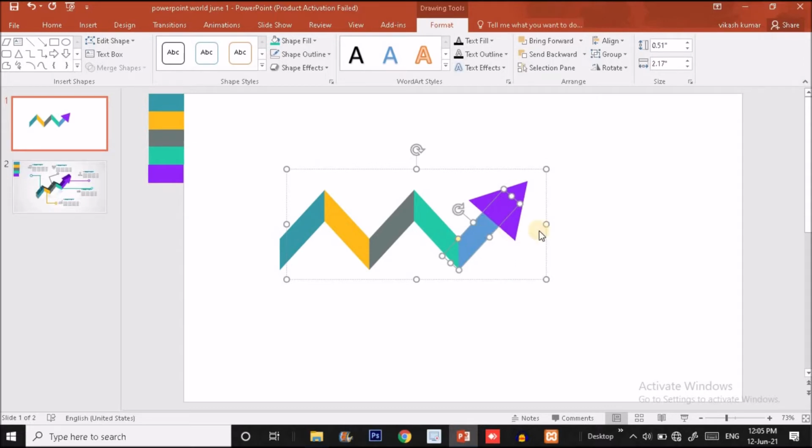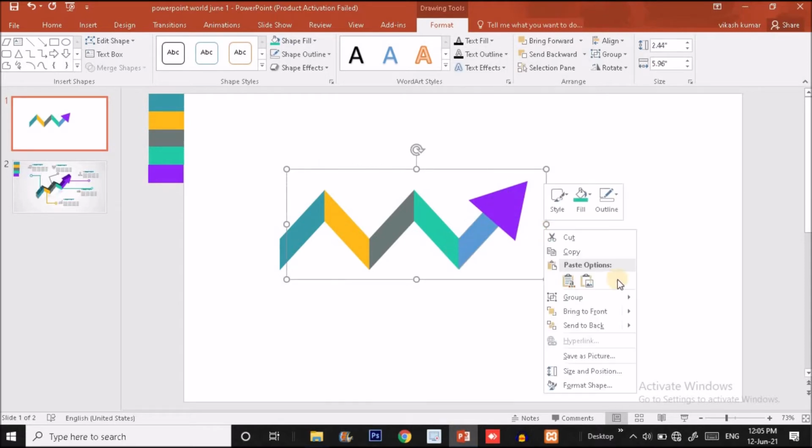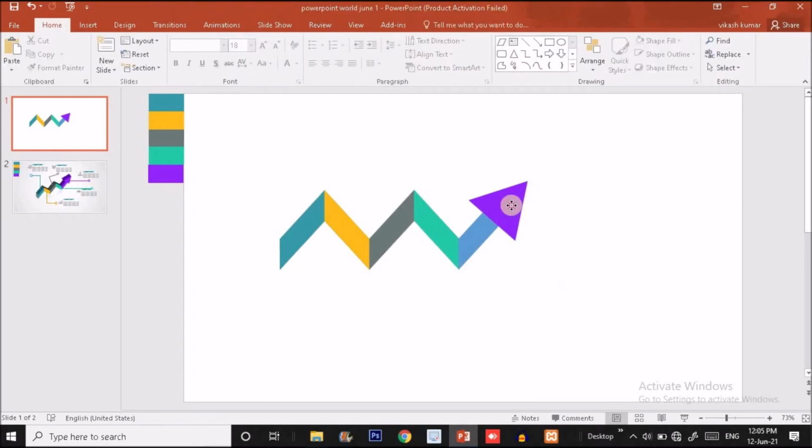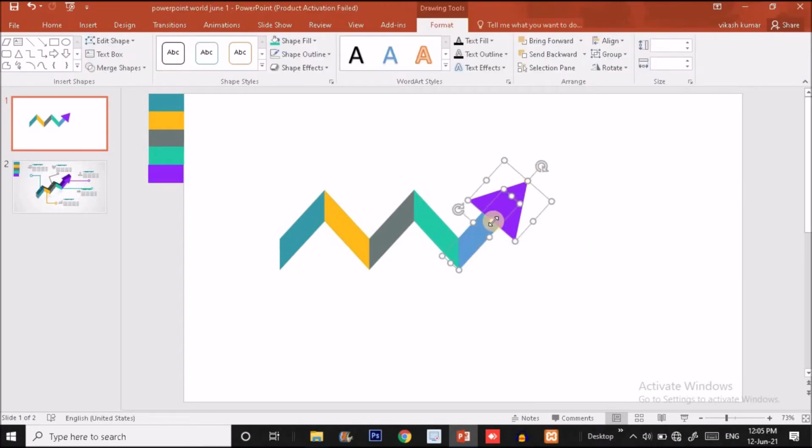Before filling color into this shape, I'm going to make these two shapes into a single shape. So I'm going to ungroup it, and before grouping it I'm going to make these two shapes a single shape. So click on the merge shape option over here. If you don't find this merge shape option, then please click on the format option. After clicking on the format option, you will definitely find a merge shape option over here. Just click on that and choose the union option, so that these two shapes become a single one, and fill it with this color which is already filled.